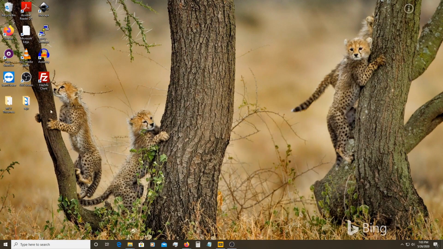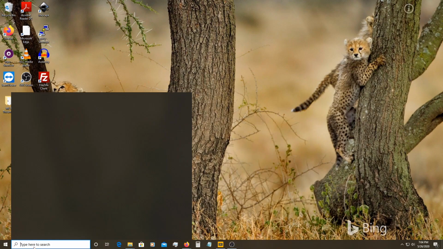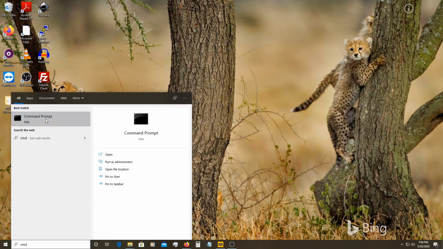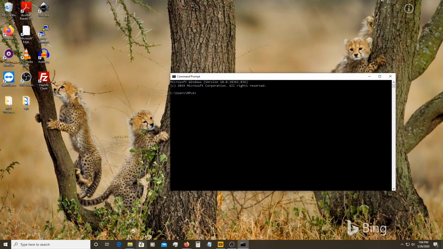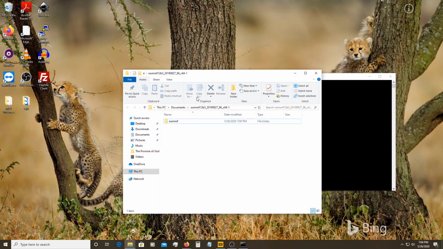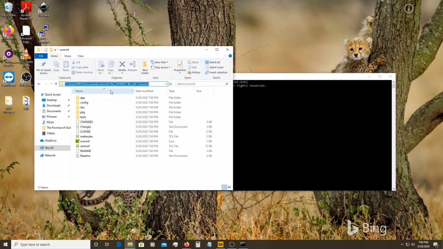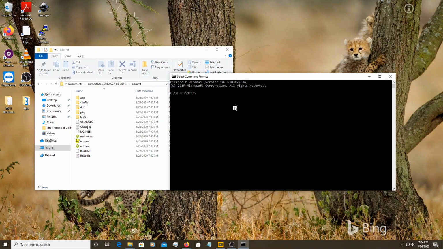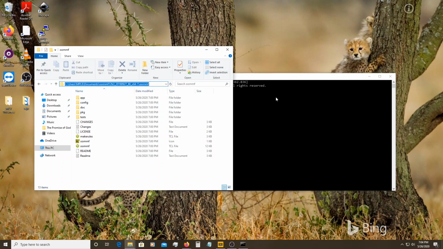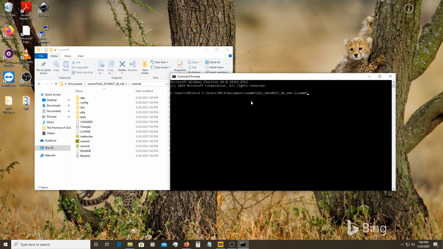To get OOMMF up and running, I'm just going to type in cmd and run the command prompt. I'm going to change the directory to where I have OOMMF saved. So I'm going to double click here on OOMMF. The directory where it's saved is in my documents, OOMMF, and then OOMMF. So in command prompt, I'm going to type cd space, copy this path and paste it, and press enter. And then to get OOMMF running, you just type oommf.tcl